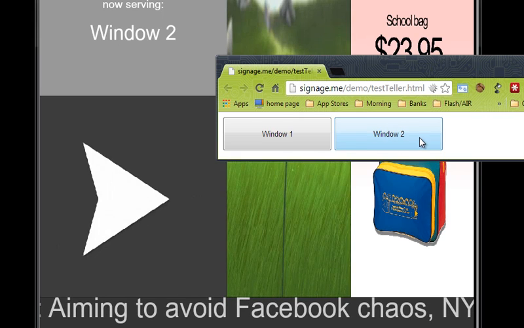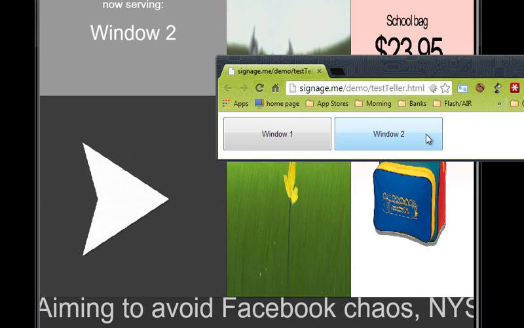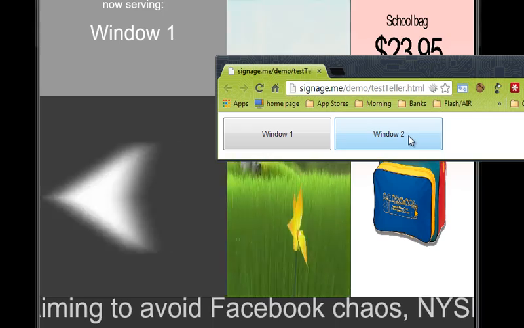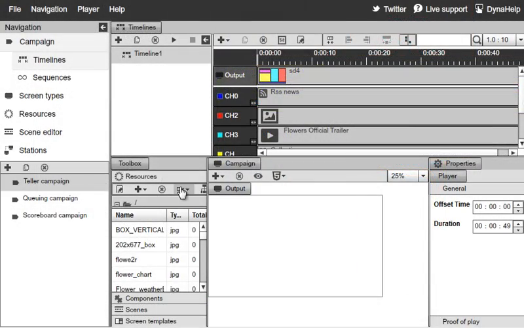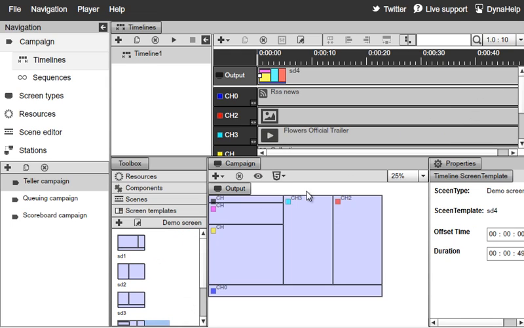And do this all day long. And this will get boring pretty fast. So I'll go ahead and show you how to set all this up. So here under the teller campaign, you'll notice that I have multiple screen divisions, and I have set up 2